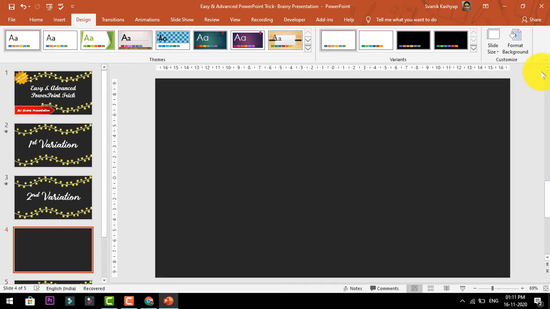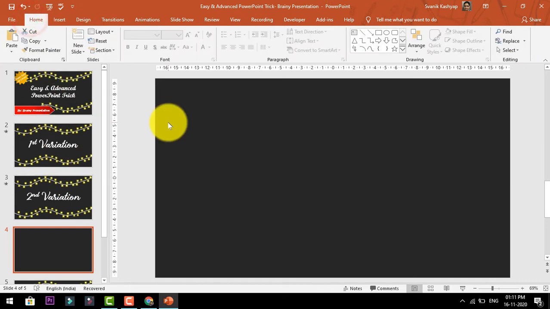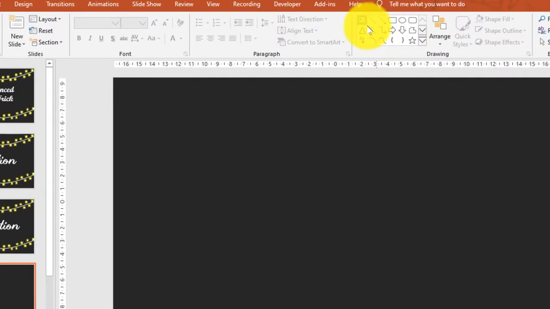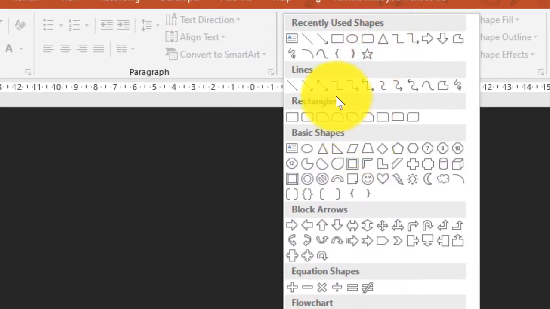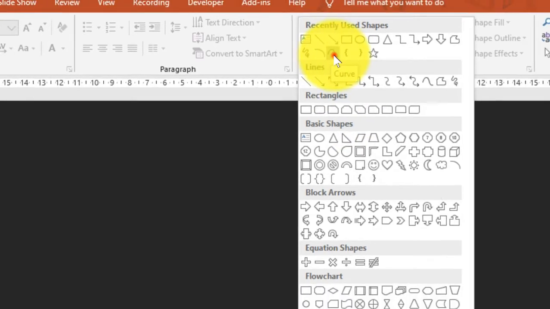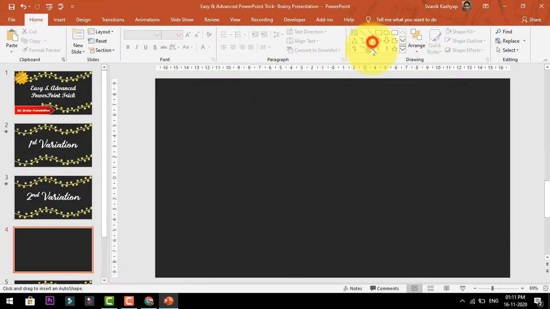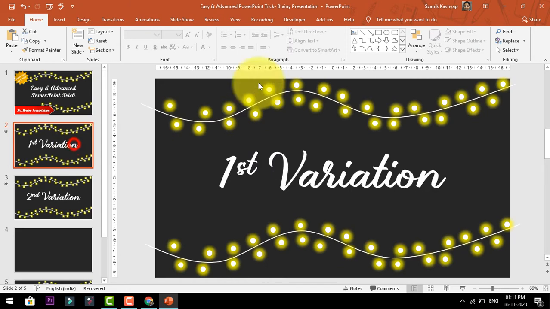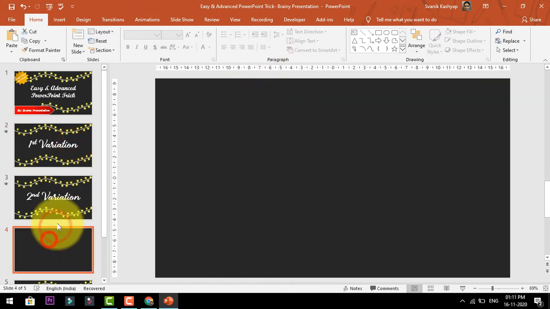And now what I will do is go under the Home tab, and from the auto shapes gallery I will choose this curve shape. I will select this, and then I will start drawing a curve like this from the outside of the slide.